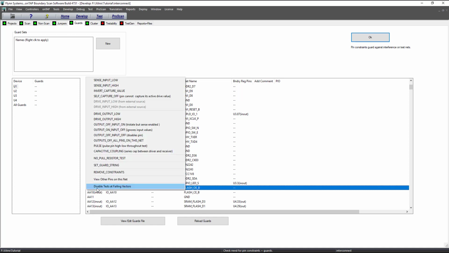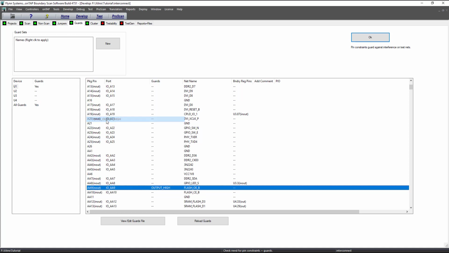So we'll select the pin, and when we do, we have a whole list of guards that we can set. In this instance, we want drive output high, so we'll set that output high. And I'm sure there are others that we need to set, but that's an example, and we will simply go